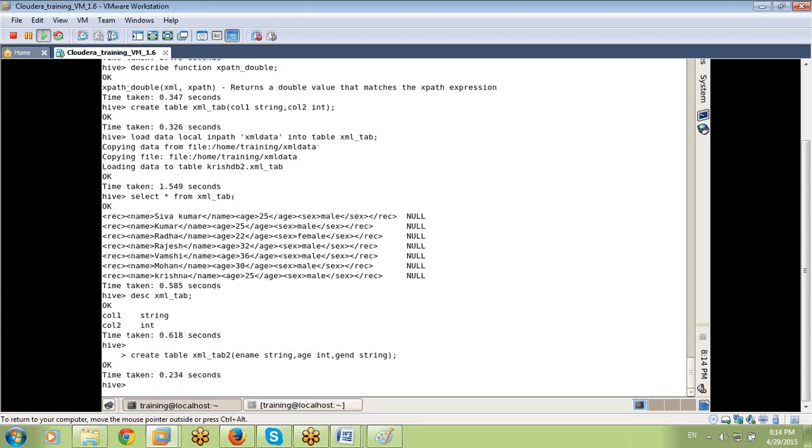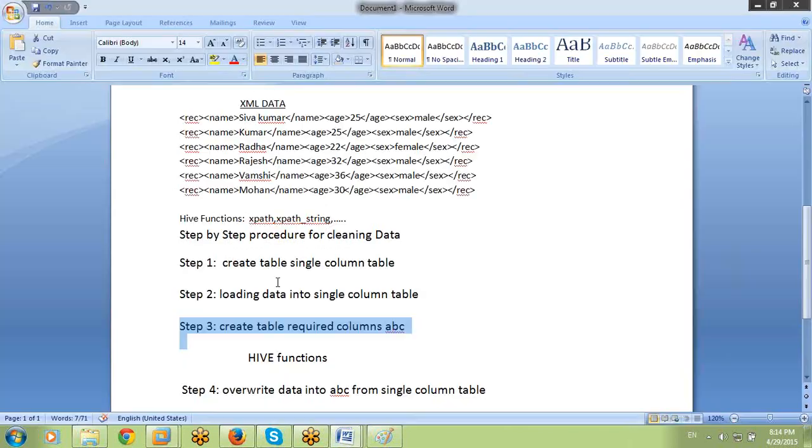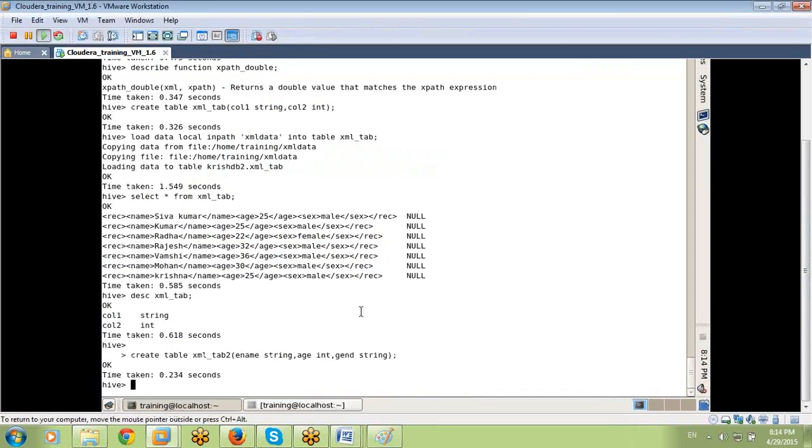Enter. The table is created. Now I want to take all the names and paste them here, all ages here, all genders here. How can I? Step 4. By using Hive functions, we are going to overwrite it, similar to our fifth arrow. What is the fifth arrow? Insert overwrite, right? Similarly, same thing.